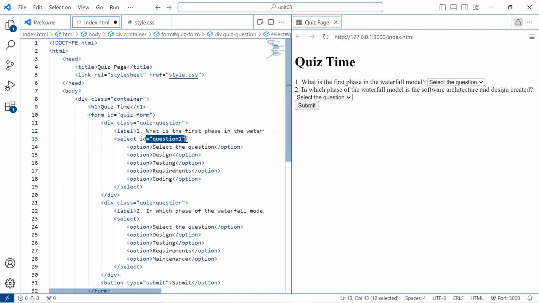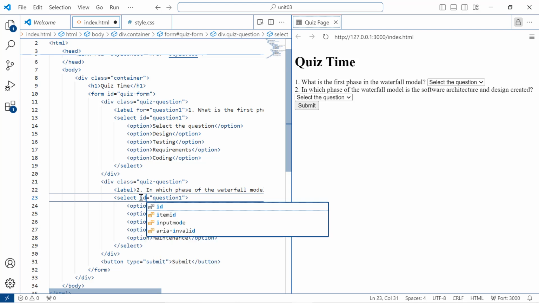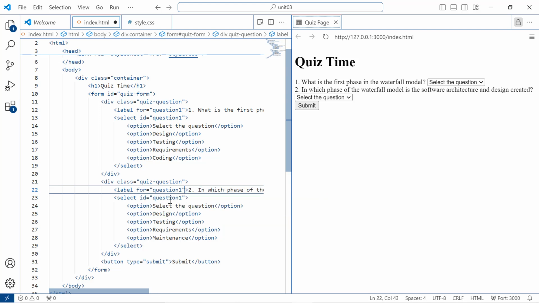I'm copying it and pasting it for equal to question. Same way for the select, ID equal to question, and for, the question is 2, and here also it is 2. Clear? So here we have created the classes for the question and for the selection, that is the drop down box,